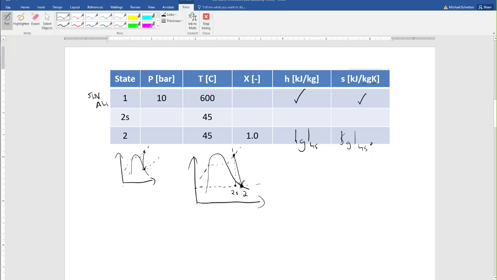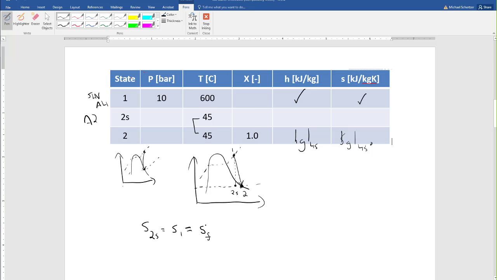So because this is saturated vapor and these are the same temperatures, I know that this one has to be under the vapor dome. So here I'm going to use table A2, right? So what do I know? I know that S of 2S is equal to S1. But I also know that S of 2S is going to be equal to